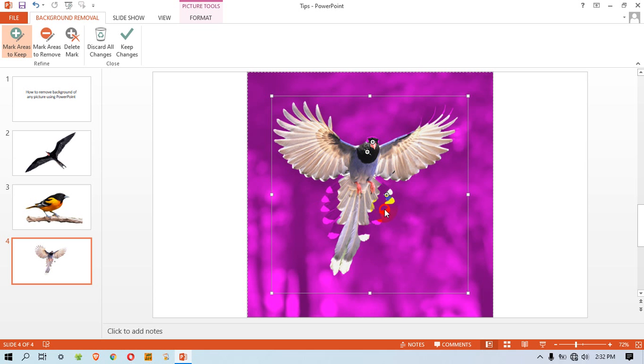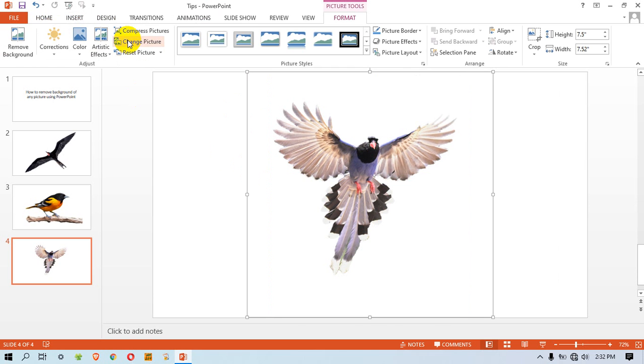We will keep this, then we will keep this also, and this also, and this also, and this also. So now we see, we can mark here as well, because we can see a little violet area which is removed. And now we will see the changes. We keep the changes. We have almost the full bird, but this has some problem in the face, so we go